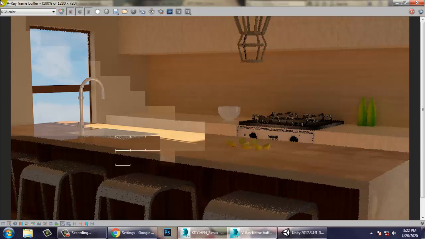We need to reduce the light. Still getting some kind of